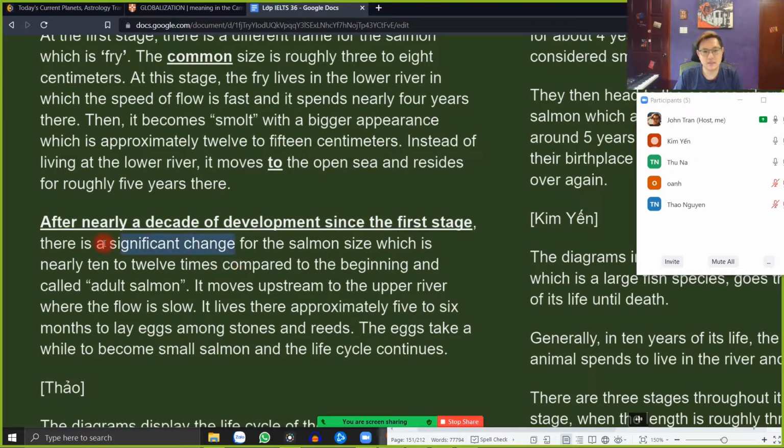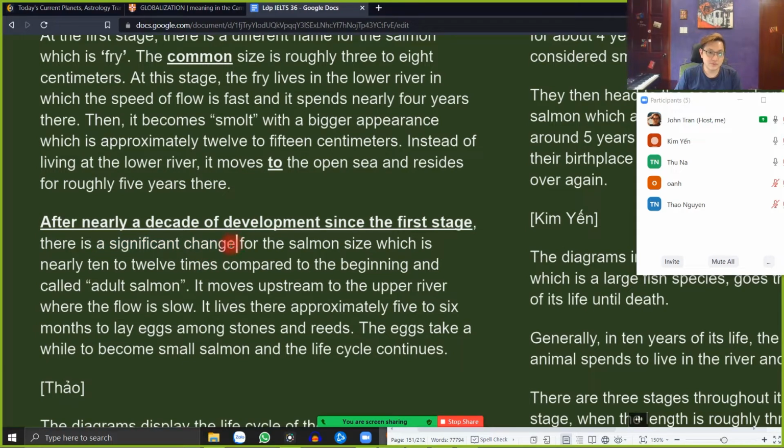Okay, you say there's a significant change, and you said nearly 10 to 12 times. But then it's not clear whether it's 12 to 10 times bigger or smaller. Because here change means it can be bigger, it can be smaller. Chỗ này bạn ghi là một sự thay đổi đáng kể, nhưng mà sau đây bạn lại ghi là gần 10 đến 12 lần. Lỡ đâu thay đổi đáng kể là kiểu gì? Tăng hay giảm, nó không rõ ràng như các bạn.